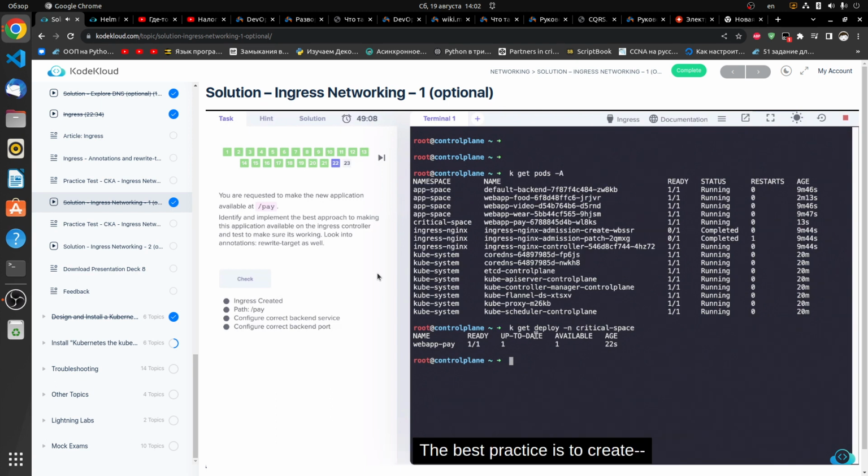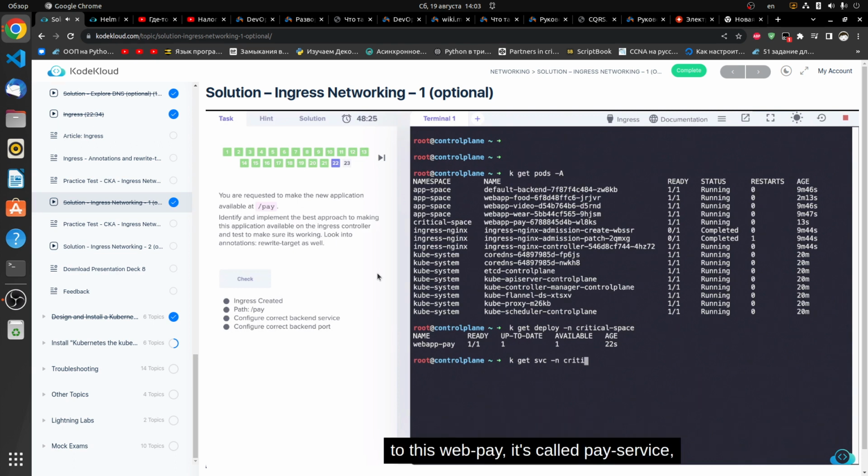The best practice is to create for different teams who may be having access to different namespaces to create their own Ingress resource, right? So that should be the approach that we should be using. So you can assume that maybe those who are working on this application only has access to this namespace, but those who are working on the WebPay application only has access to this namespace. And so any Ingress related resources that are created would have to be created in this namespace. So we'll create a new ingress, and then we'll set the path as we did before. We'll set the backend service. So let's first find out what the backend service is